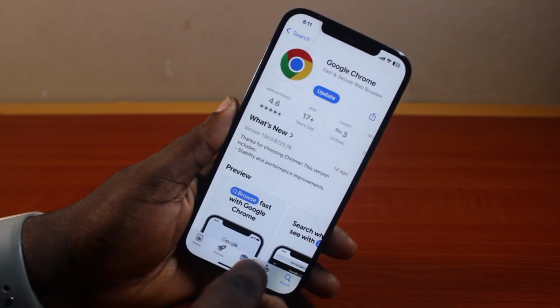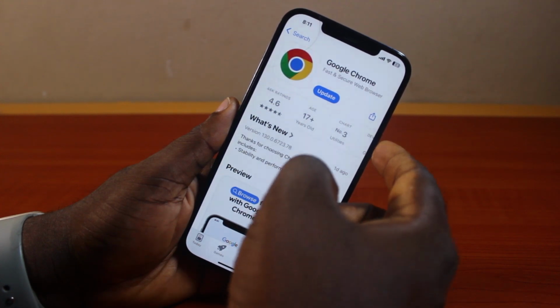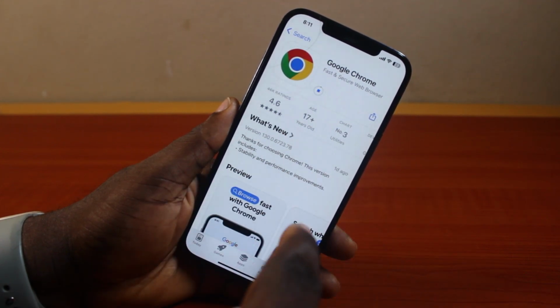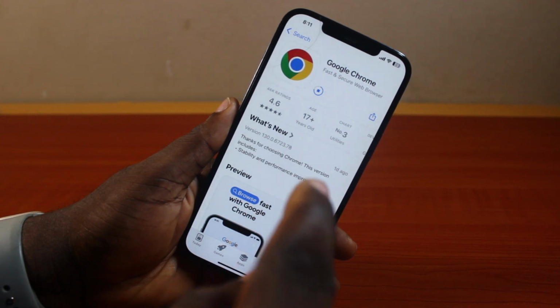Once you click on the Get button, you'll be prompted to tap Install from the pop-up or press the Start button twice to proceed. And in some cases, you may be prompted to confirm your Apple account password. So once you confirm your Apple account password, then you should see the Chrome browser downloaded and installed on your